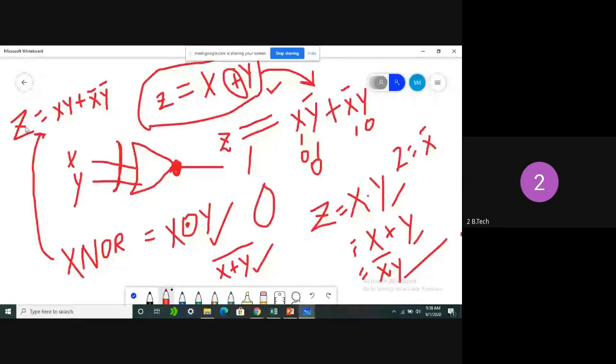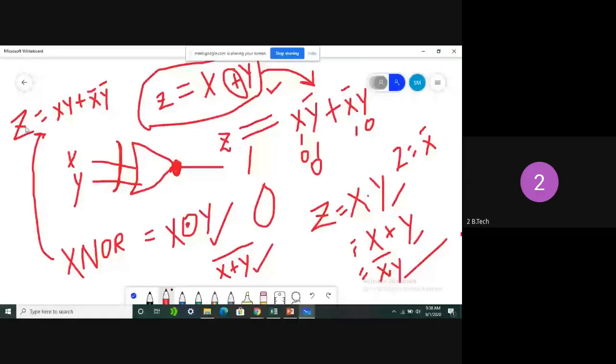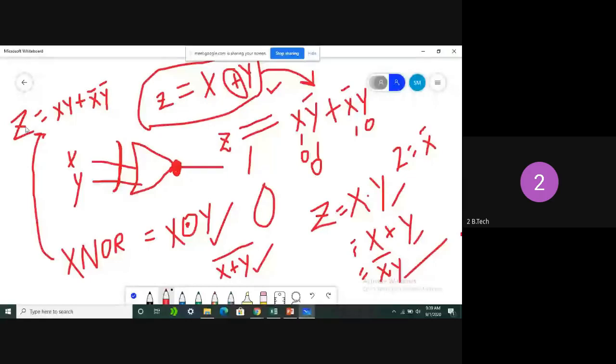Your WhatsApp data will be stored in your memory, and whatever PDF contents we have, every piece of data is going to be stored in our memories. Whatever software we install on a mobile phone, laptop, or personal computer, every software is stored in memories. All these memories are also built with the help of this type of gates only. At the end of the subject, we will see how to construct memories with these gates. So we should be very particular about the working of these fundamental gates.